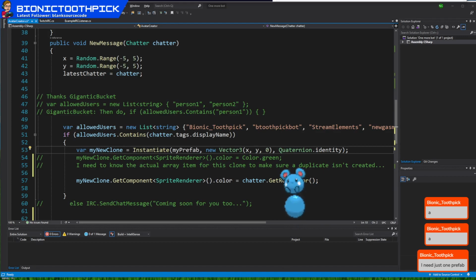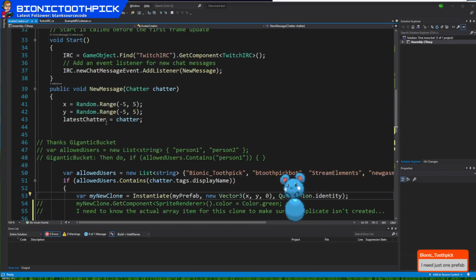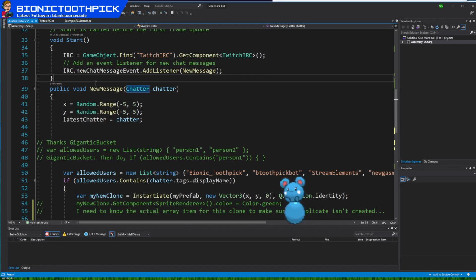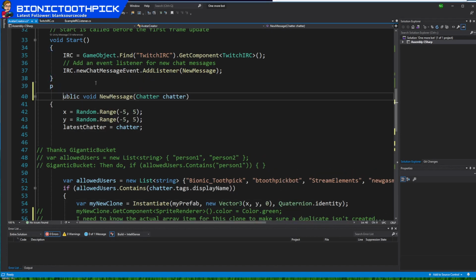So this has to be my new clone equals instantiate. This class, the variable allowed users, where is this? Is a new list. Public void new message chatter. Why is this... is the other question I have. Like, why is the first word